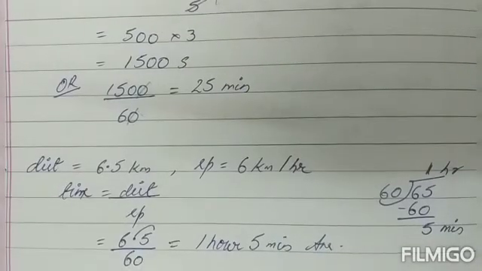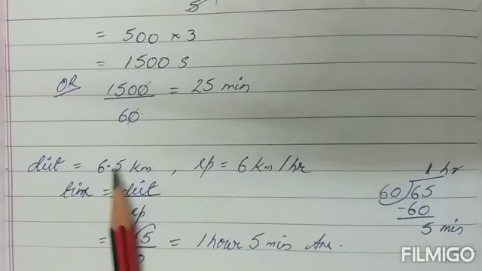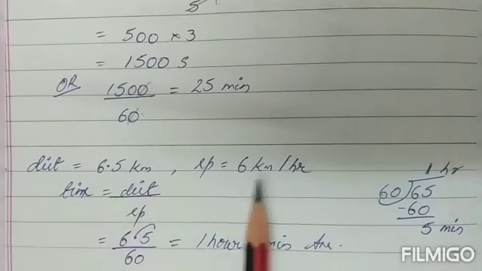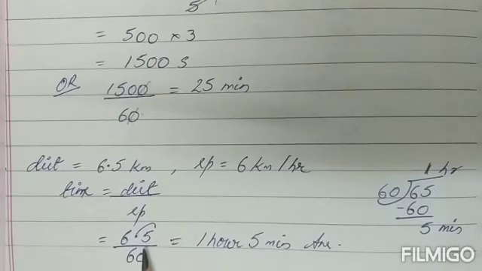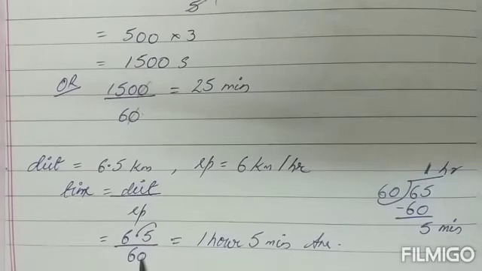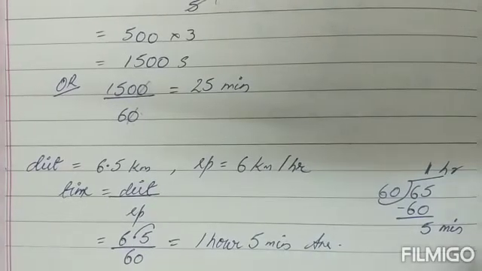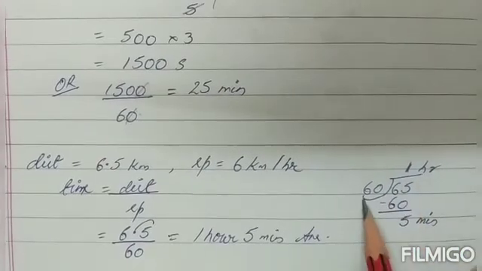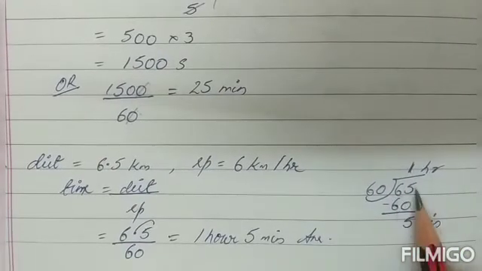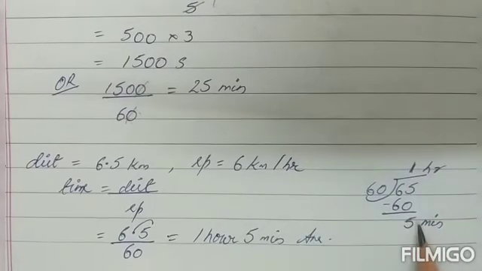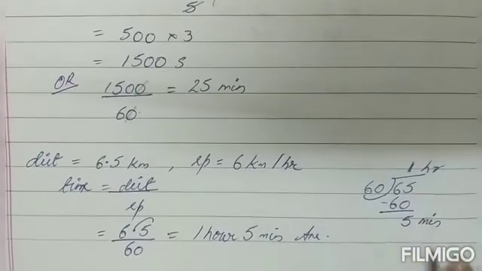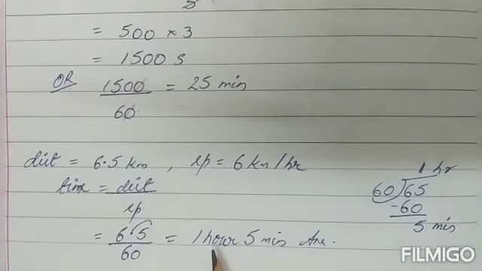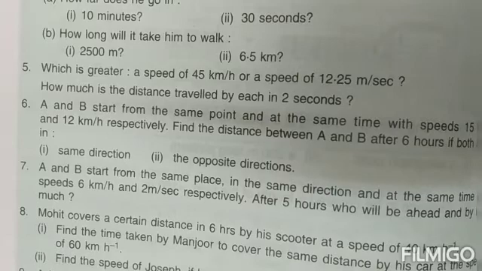In the next subpart, you have to calculate the time when the distance is given as 6.5 kilometers and the speed is given as 60 kilometers per hour. So time is distance upon speed. Distance is 6.5, speed is 60. You can remove the decimal, add a 0 over here, and then you can divide it. I have divided over here and shown also, children, 60 when you divide 65 with that, then you see one time it will divide. So over here, whatever you get, that is the hours, and the remainder over here is the minutes. So we can write it as 1 hour 5 minutes.